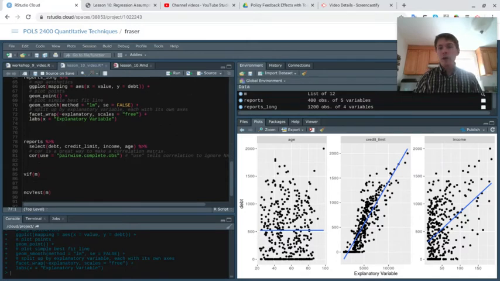So there's another thing that we should do. We should check if any of our predictors are correlated. How might we do this? Well, we could get the correlation between each predictor. Now,